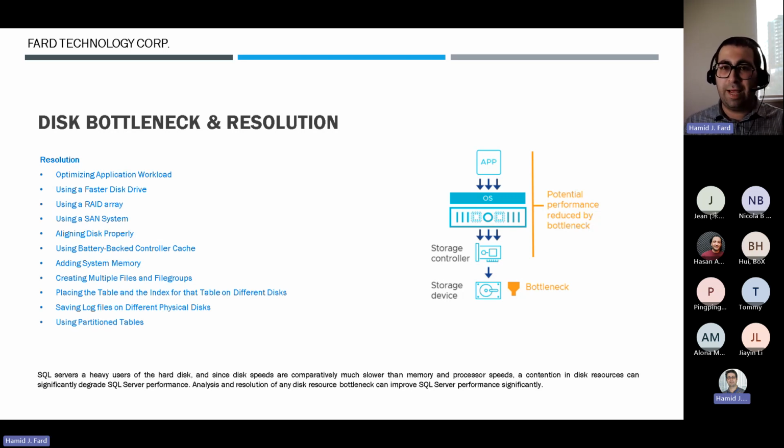But when it has a battery-backed cache, once the power is off, the battery will try to write the cache data into the disk itself. That's also high performance, because it will use the disk cache instead of the physical disk, the tracks and